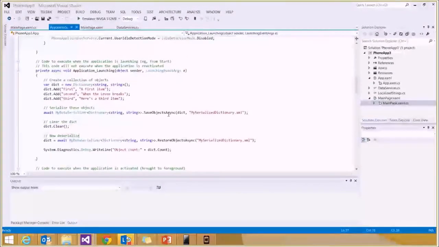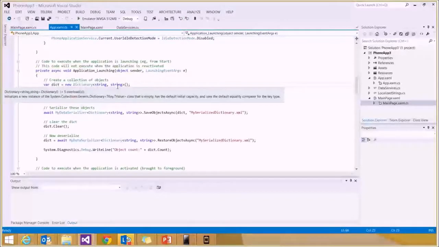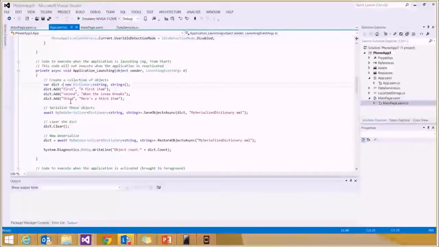So this is what we're doing. We're creating a collection of objects. That's a very good example. Here's a collection of objects, dictionary of string and a string. Okay, so here's the first, second, and third. So here's the first item, whatever data. This is just dummy data, and then you call the my data